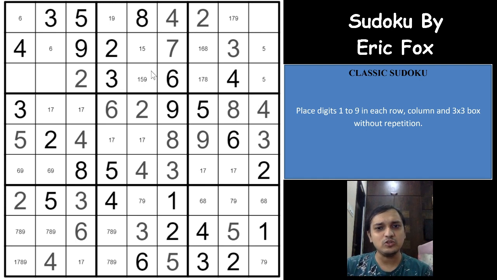And now coming on to the logic, if you see the 9 in these 2 columns, there are exactly 2 places for 9 in each of these 2 columns, and I'll just highlight those places. These are the 2 places where 9 is possible in this column, and these 2 places where 9 is possible in this column, right?